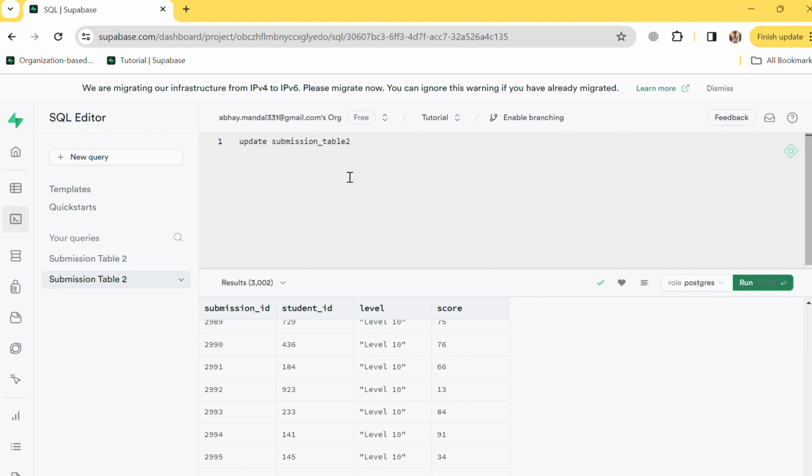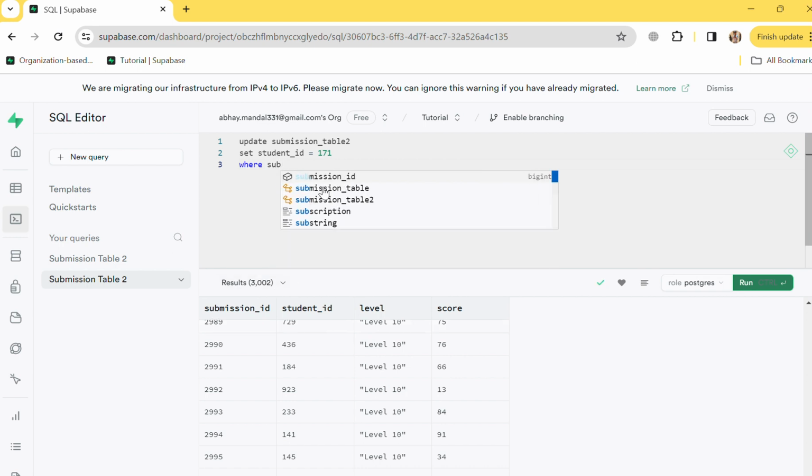Then set, what we want to set is student ID equal to, let's say, 171. Okay, the correct student ID is 171, and